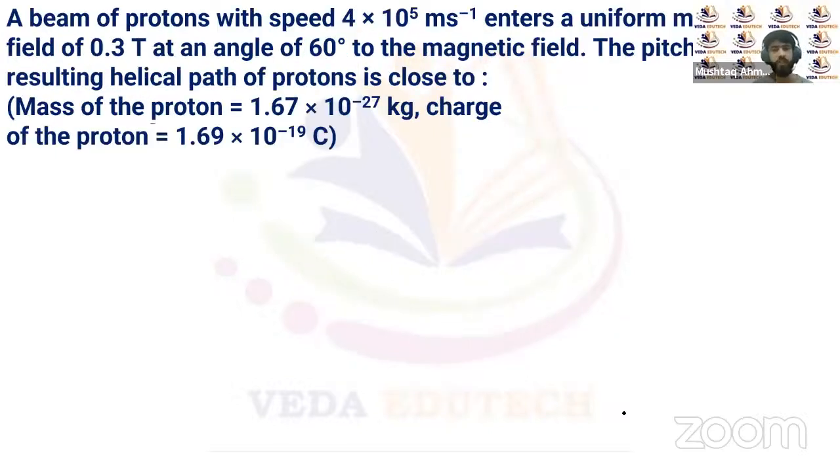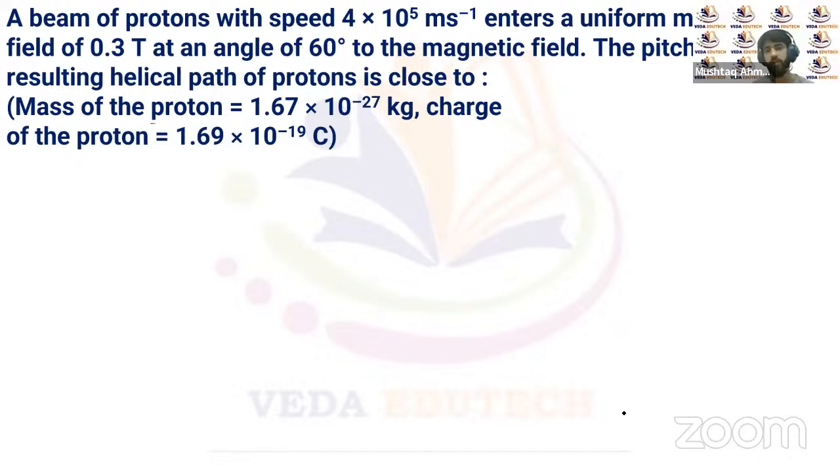A beam of protons with speed 4 into 10 to the power 5 meters per second enters a uniform magnetic field of 0.3 Tesla at an angle of 60 degrees to the magnetic field. The angle between the velocity vector and the magnetic field vector is 60 degrees. The pitch of the resulting helical path of protons is close to what? We know that whenever